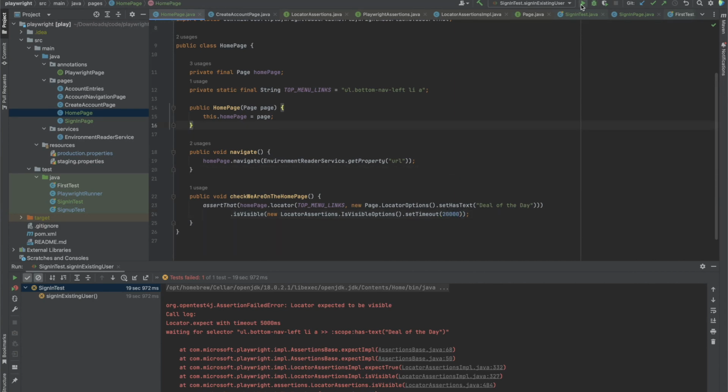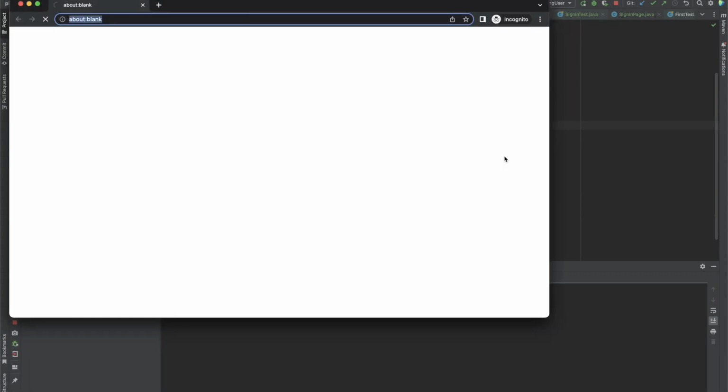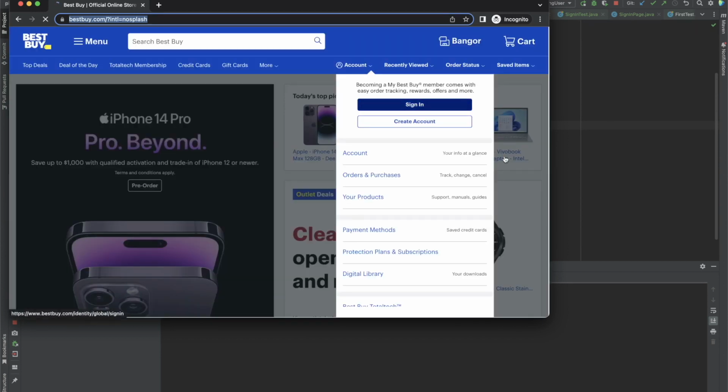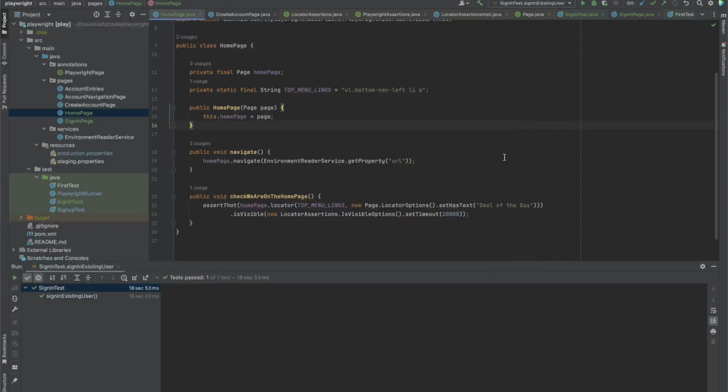And let's give our test another try. So the previous time we executed this, it passed through the timeout of 5 seconds because after the sign-in action we didn't have anything else but the assertion. And this time adding a timeout should be enough to fix our test. So 5 seconds wasn't enough to make that assertion. Okay guys,